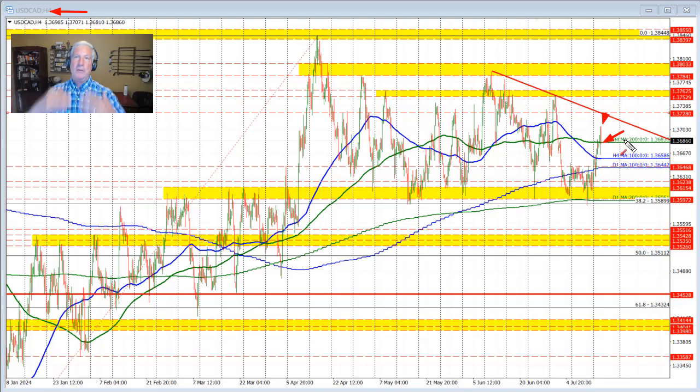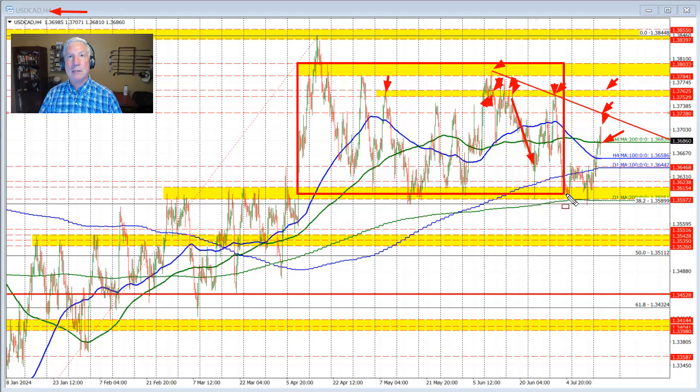If it's able to do that, and the buyers remain more in control, we'd look toward a break of the high price for today, a break of the 137 level, and then we'd look toward this swing area up here, which has different swing lows and swing highs coming back in time, before moving to the downside, retracing back up to that level here. So that area right here between 137.52 and 137.62 is another key level. And then we start to look toward the high of what I have as this box right here.